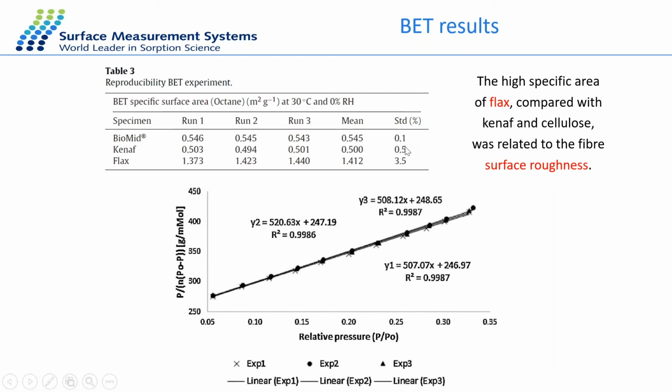It's excellent, smaller than 1%. In the case of the flax fiber, which was the most irregular, we measured 3.5% relative standard deviation. The surface roughness, as you can see, can affect the reproducibility of the results, but it still has an excellent reproducibility